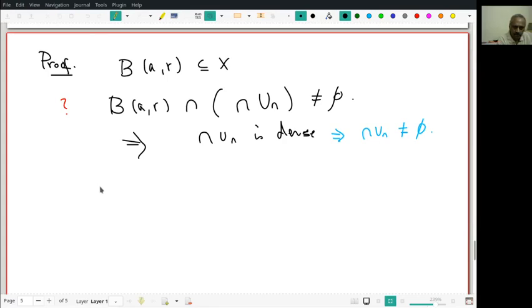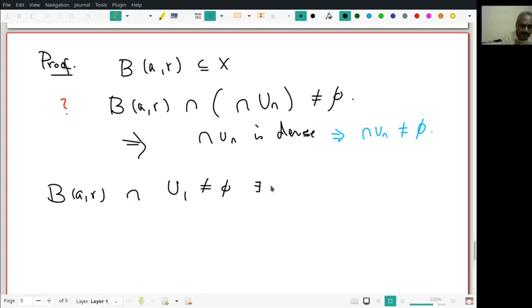The proof is very easy. Unfortunately, I don't know whether I can draw good pictures on this. Even writing is a little difficult here, but anyway, let us see. Let's look at B(a, r). It's a non-empty open set, and let's look at U1. What do I know about U1? This is a dense set, which is also open. I will use it later. This is a dense set. Therefore, this intersection is not empty.